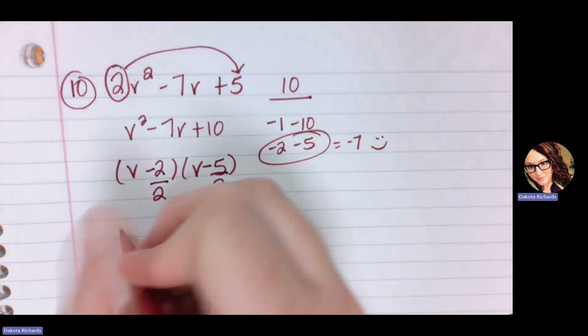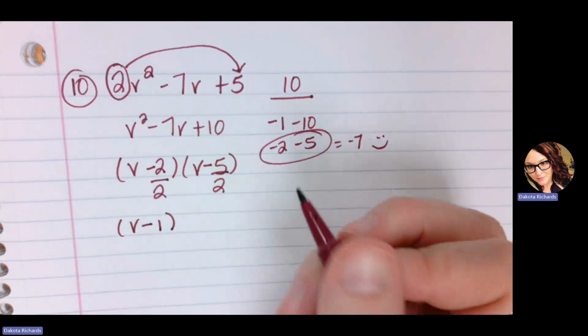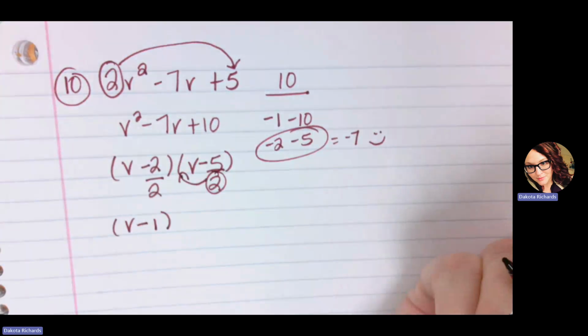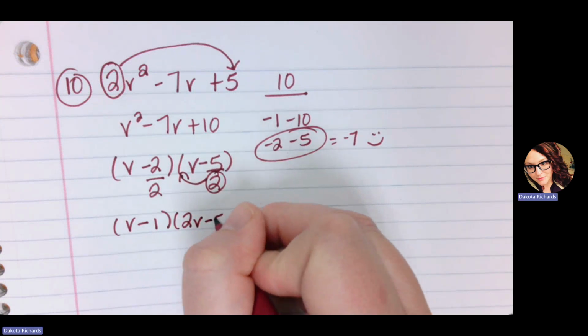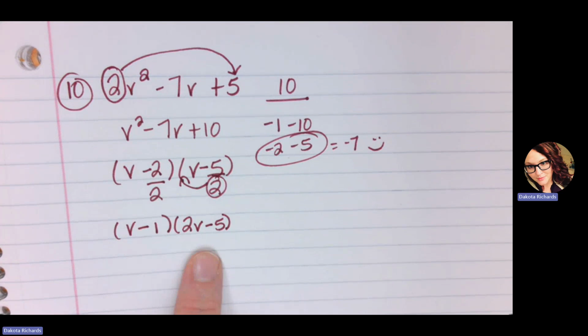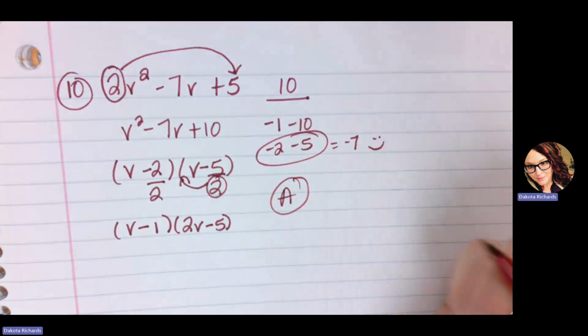2 divided by 2 is just 1, so that's v minus 1. 5/2 doesn't reduce, doesn't divide, so bottoms up, bring the bottom part of that fraction up in front of the v, so that's 2v minus 5. Final answer, v minus 1 times 2v minus 5. And that was answer choice A. Okay, and then if we turn the page, number 11